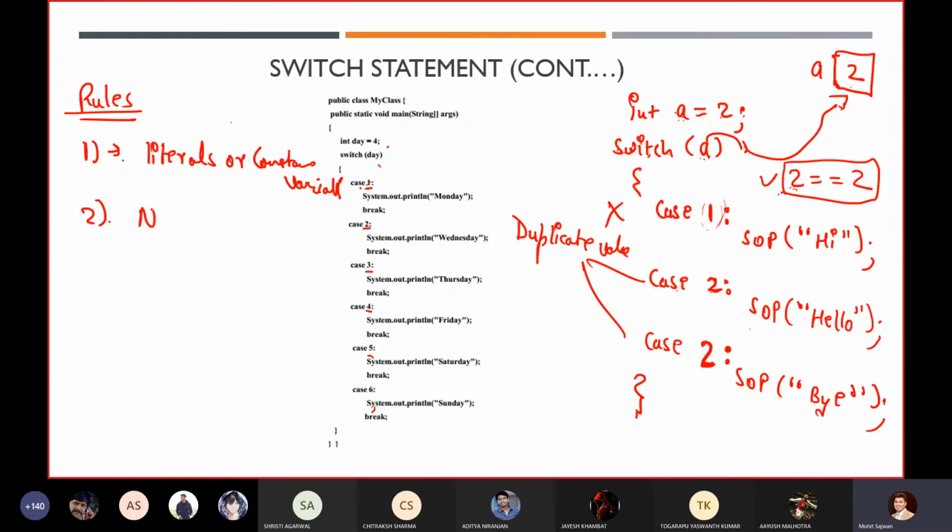The second thing is that you cannot use duplicate values. These two things are very important. And the third one is that you cannot use a different data type.